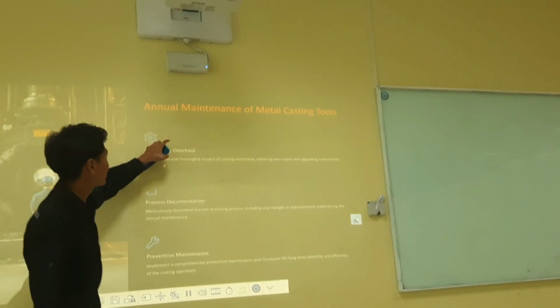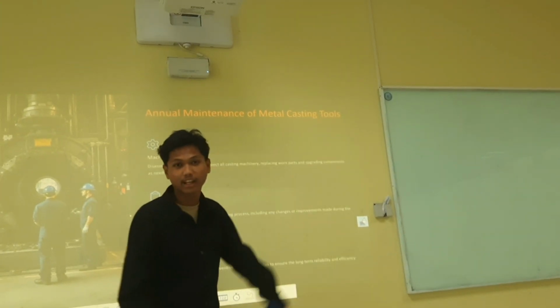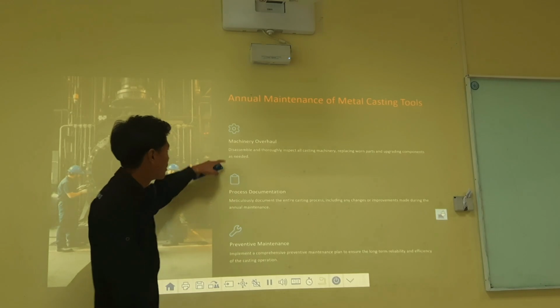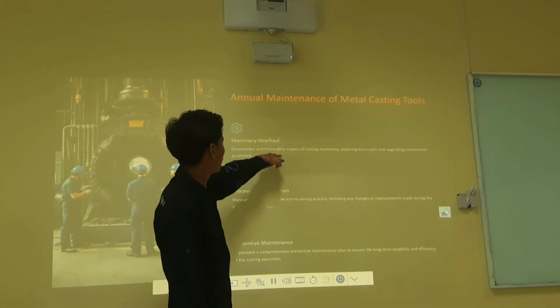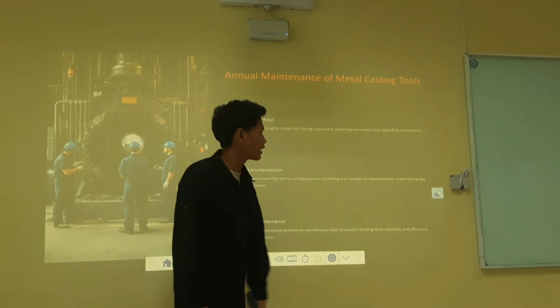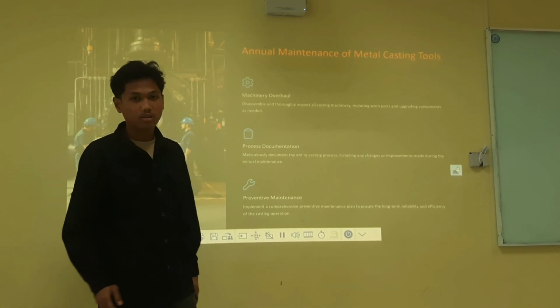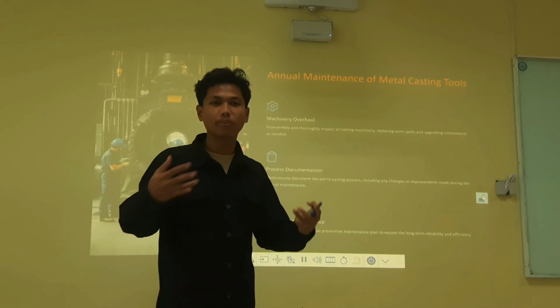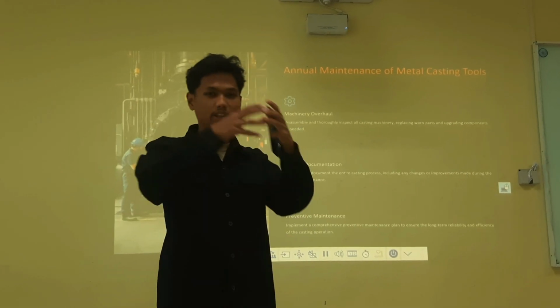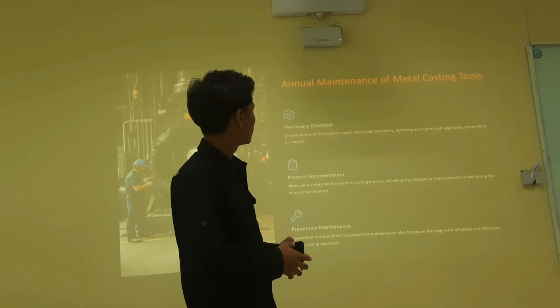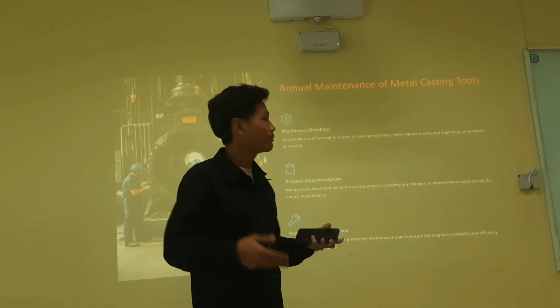Last slide. Annual maintenance of metal casting. Annual, once a year. Number 1, machinery overhaul. Inspect casting machinery, replacing worn parts and upgrading components. We must upgrade components in the machines and tools in the annual maintenance.